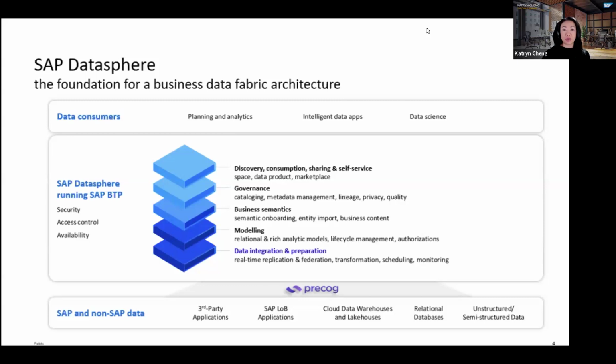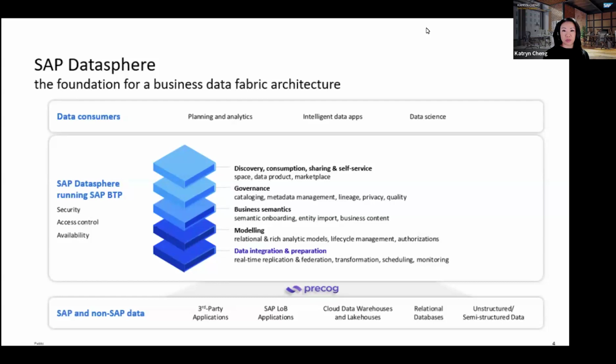For those of you who aren't familiar with SAP Datasphere, Datasphere is a comprehensive data service built on our SAP BTP platform. It offers data integration, as you can see here, data integration, data federation, analytic modeling, business semantics, data cataloging, and self-service data access, and more. So it is a full data management platform. It also serves as the foundation for a business data fabric. What is a data fabric? It's an architecture that enables seamless access to your business data without losing the semantics and business context.